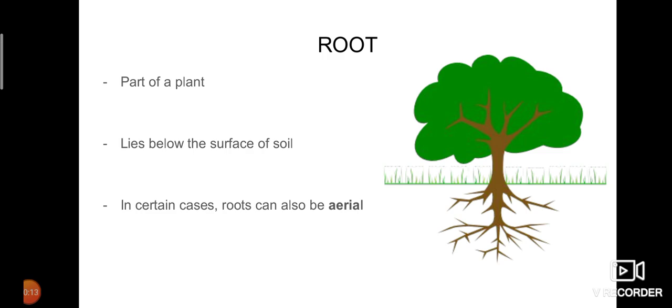Now we are going to see about the root. What do you mean by root? Root is a part of a plant that typically lies under the soil. We all know that, isn't it? Root is one of the parts of a plant and typically it lies